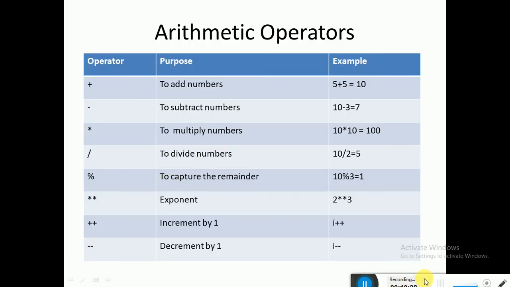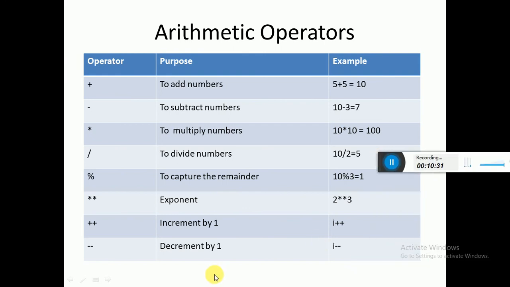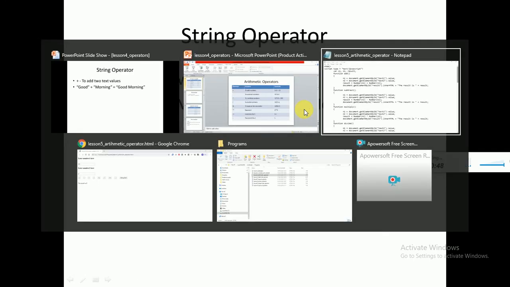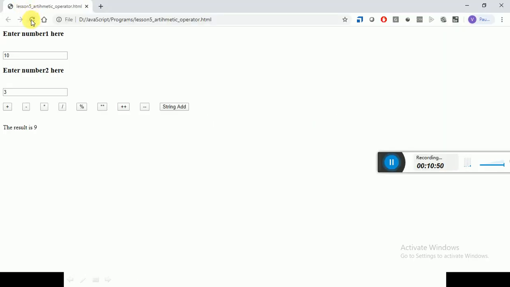So how to do this? We are using the same plus operator here. This plus operator is used for string concatenation. For example, n1 is a string, n2 is a string, and I am adding the values by the plus operator. You see that this plus operator can be used with numbers, and it can also be used with string values. Okay. So I am adding both the values and storing into n3. Then I am printing the value of n3.